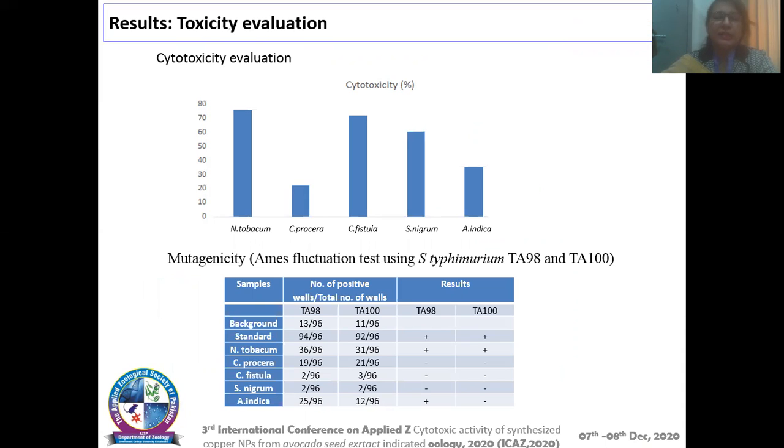It is clear in this slide that cytotoxicity was found higher in the bioactive components of Nicotiana tabacum, followed by Cassia fistula, Solanum nigrum, Azadirachta indica, and then Calotropis procera. Whereas mutagenicity was found high in the bioactive components of